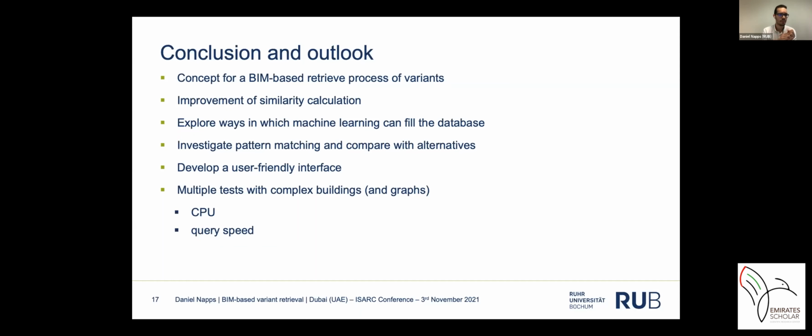To investigate pattern matching and compare it with alternatives is also an ongoing process, and we would like to develop a user-friendly interface that doesn't get too complicated with the weightings of each entity. And in the end, we want to do